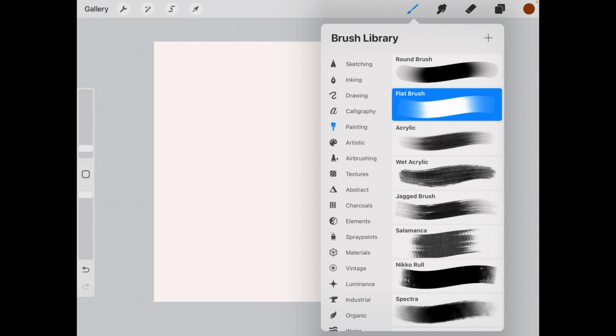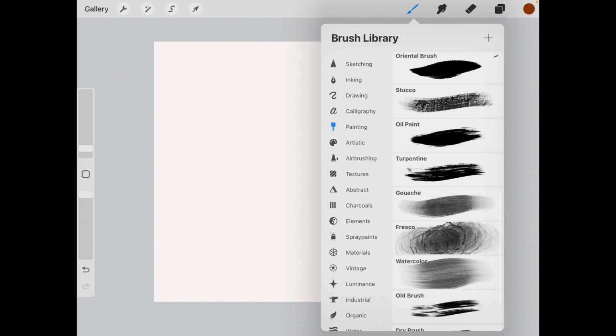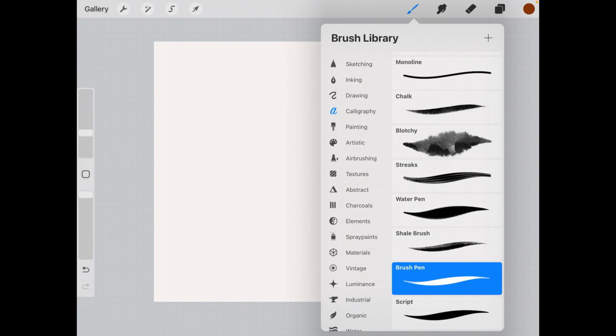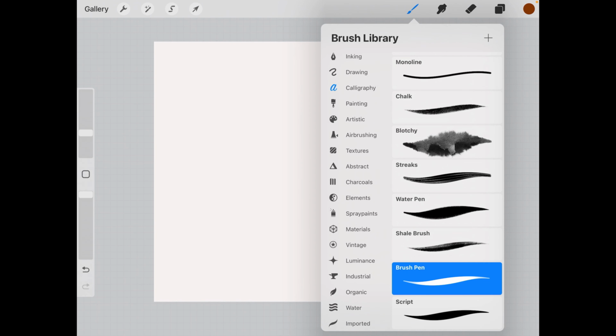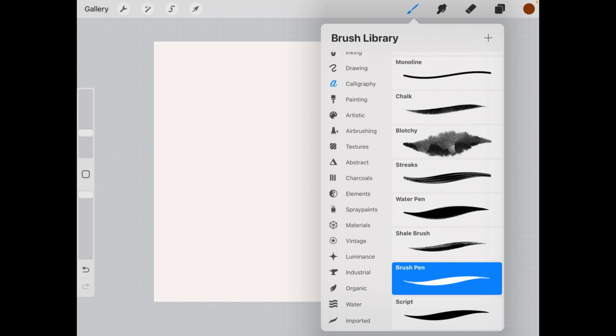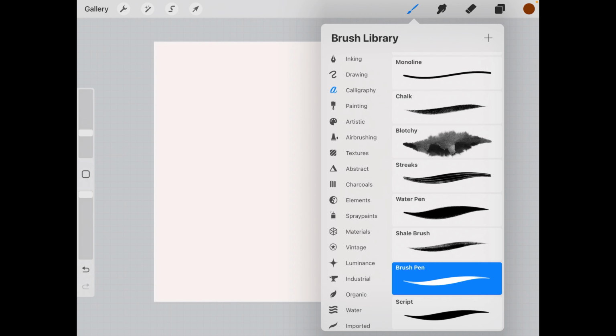So if you want to do painting, then they've given here their default painting brushes in the painting folder. Similarly, they've given calligraphy brushes in the calligraphy folder. Okay, so I hope you get that part, because it's a similar thing in the smudge and eraser too. I'll come to it, but don't worry, even if you haven't got it, you'll get the hang of it once you just start drawing a little bit with Procreate.